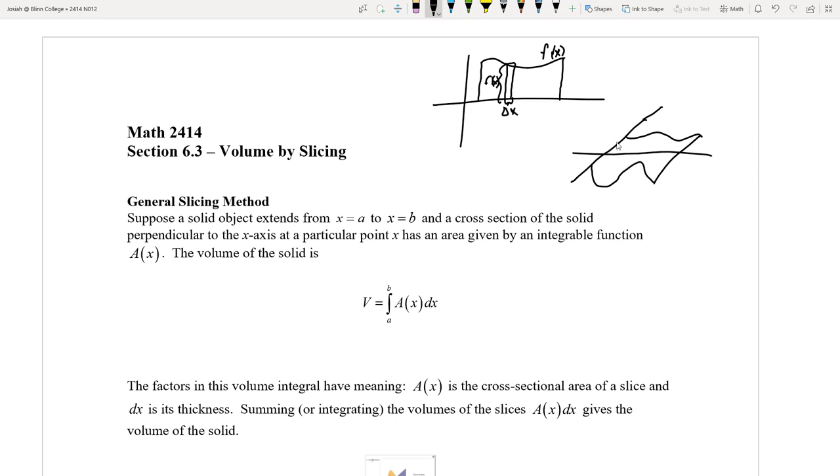And so what we're going to need to do is if we have some shape, we're going to need to know what the cross sections look like. So imagine kind of we've got these different cross sections here sticking out, and we've got an infinite number of these guys, and so we can kind of see a 3D shape kind of maybe sticking off the page. So what we're going to do is we're going to take a look at one of these cross sections, say this guy here,